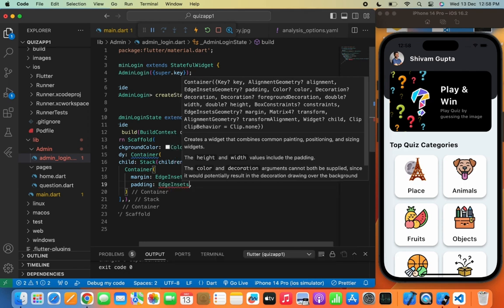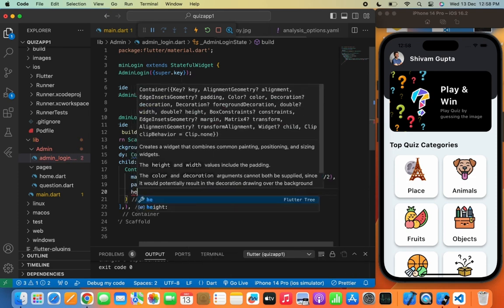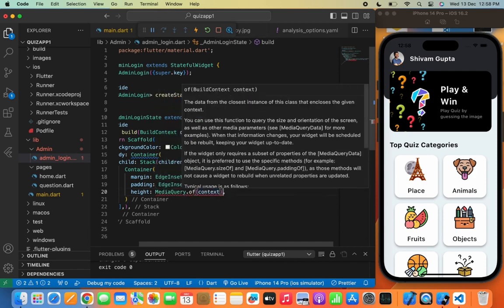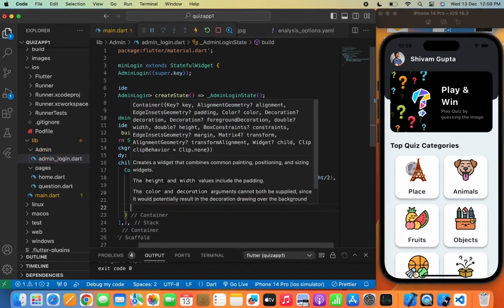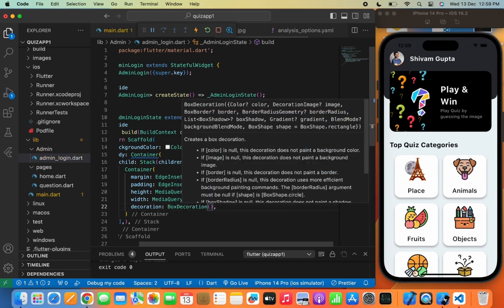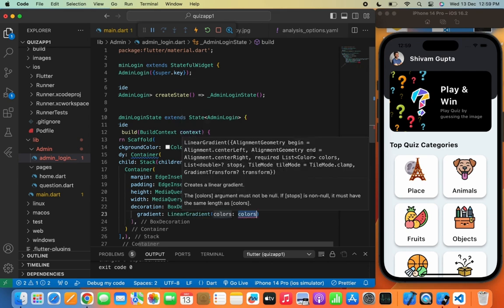So whenever you want to stack up the widgets or overlap the widgets one over the another, always use a Stack widget here. Now we'll pass a margin, padding and height to the container. Now with MediaQuery.of(context).size.width, decoration, BoxDecoration. Now gradient, LinearGradient, colors, and we'll pass two colors in our